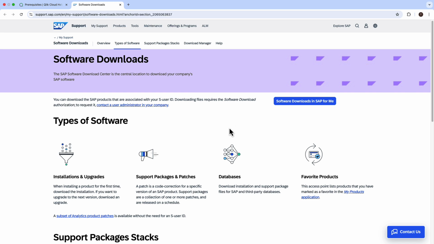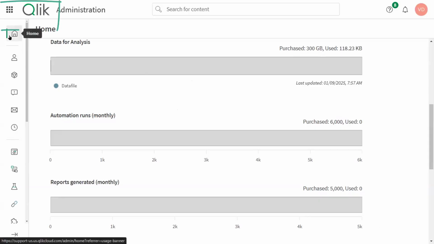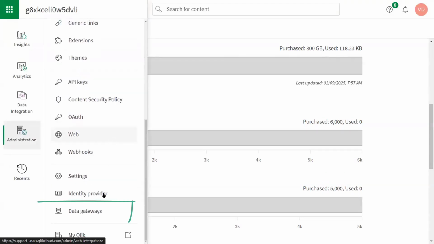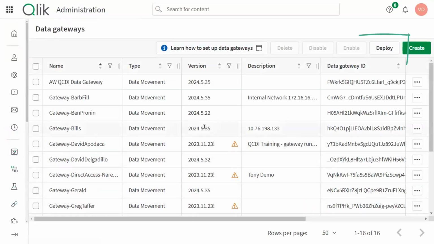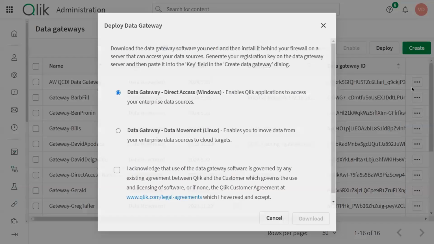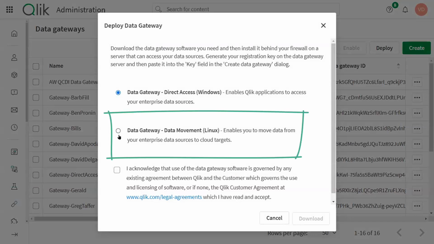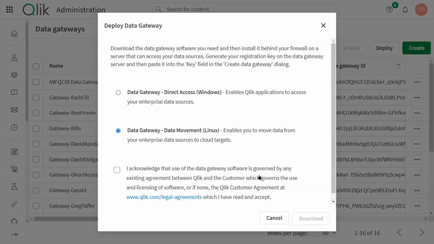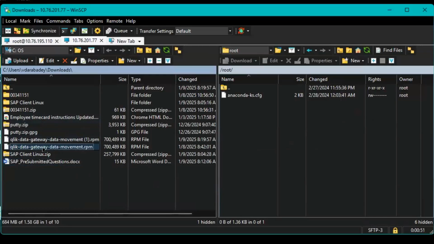Now, Vahid, can you show us on your tenant where you can find the Data Movement Gateway installer? I use the waffle menu here, and I go to Data Gateway. Okay. What I need to do is to deploy. And when I deploy one, right, so we've got two types of gateways. There's the direct access, which enables on-premise data sources to securely connect to Qlik Cloud Analytics. And what we want is the Data Movement Gateway, which will allow us to connect SAP to our Qlik Talend Cloud data integration. Yes. So once I select that and acknowledge, download that,